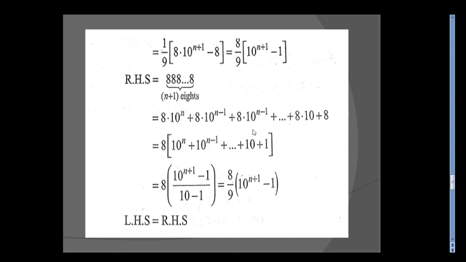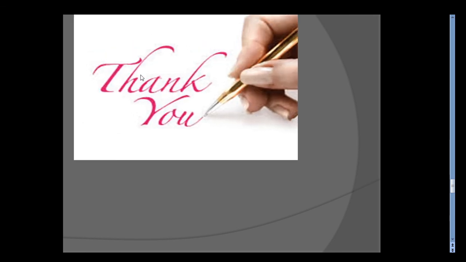So we have seen some example problems based on patterns. We formed the general formula, LHS equal to RHS, and we proved it by taking LHS and bringing the result RHS. Then in the third problem, we proved LHS equal to a result, and the same result we derived for RHS. Thank you, students.